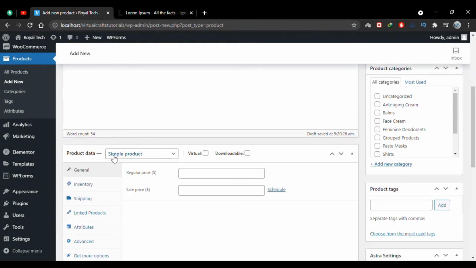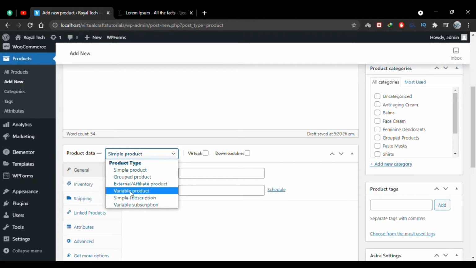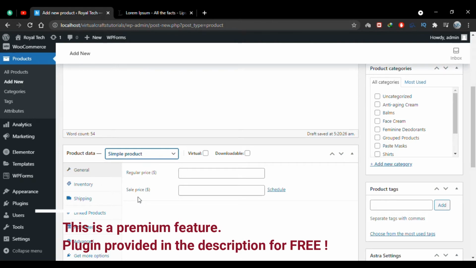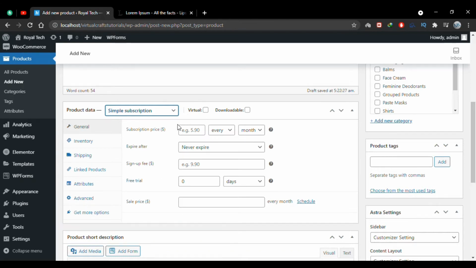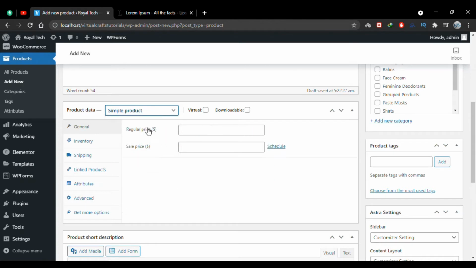I'll scroll down and this is where we choose the product type. We have already seen how we can create a simple product, a virtual and downloadable product, a group product, and a variable product. So today we'll select a subscription product. So we'll click this simple subscription, and you'll see that as soon as you select simple subscription as your product type, the options in our general tab have changed. They are not the same as they are for the simple product, as you can see.